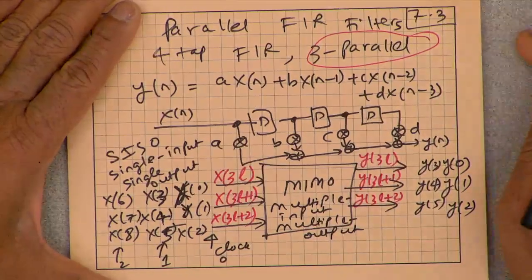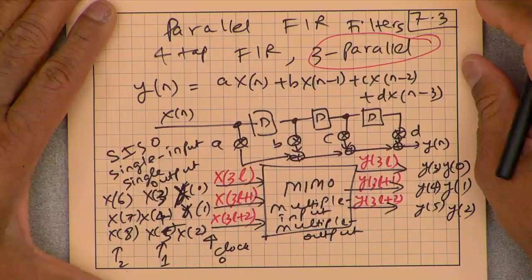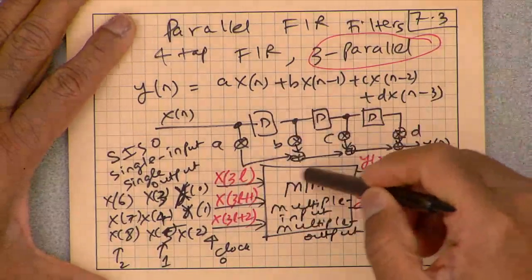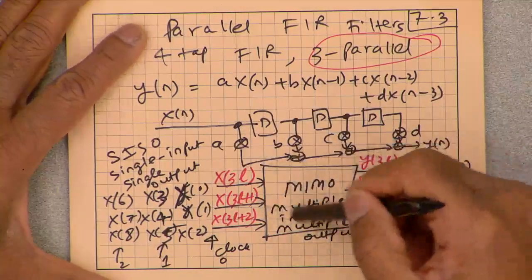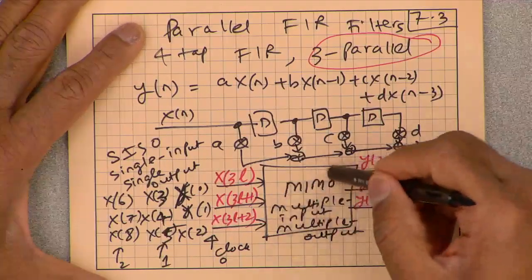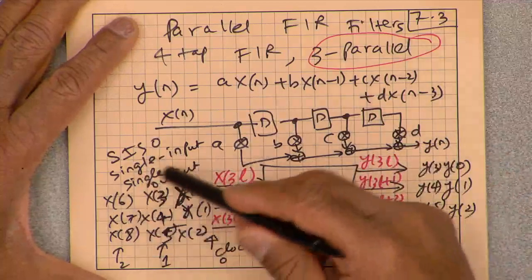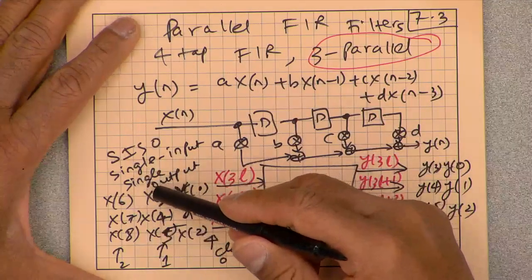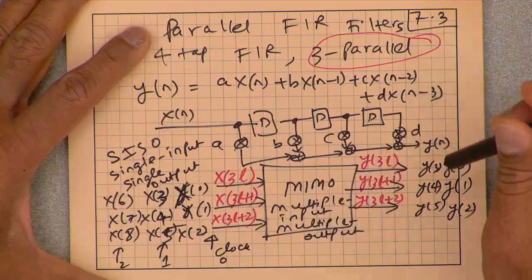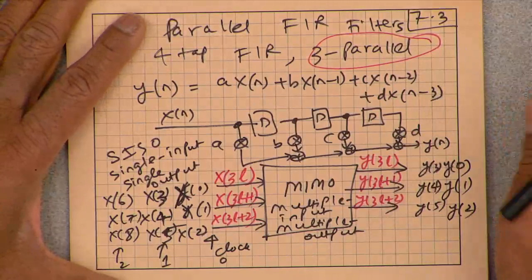So the 3 input, 3 output system is processing 3 inputs and computing 3 outputs. If I could clock the hardware circuitry inside this chip at 1 gigahertz clock, then the sampling speed at which I can sample the signal xn can now effectively be 3 gigahertz because of the 3-level parallelism.